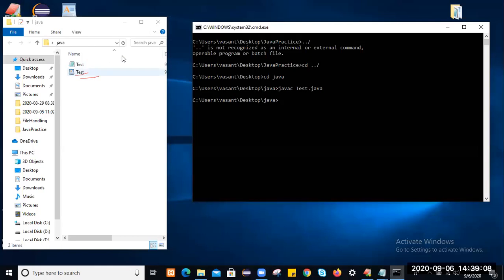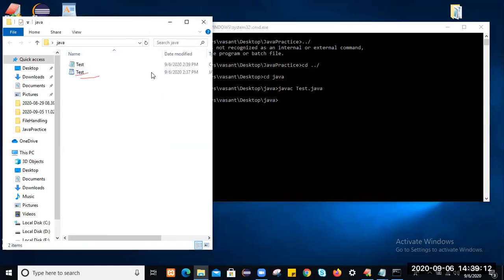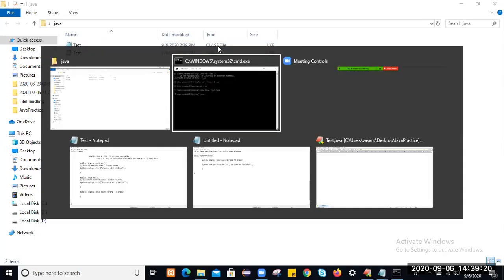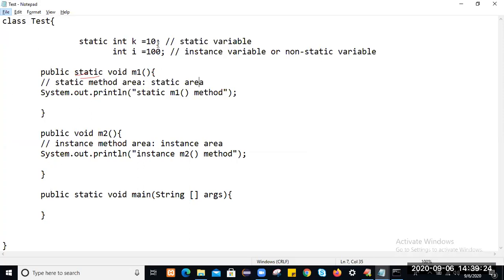You see, this dot class file has been generated. This file is called the dot class file. You compile your Java application only once.